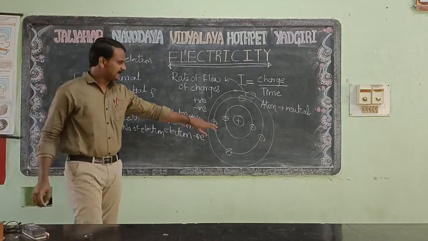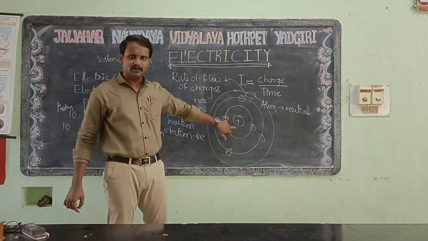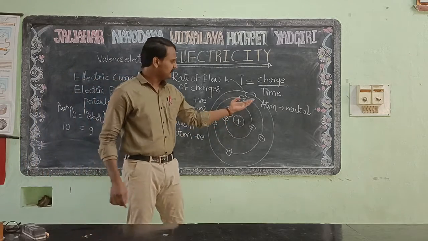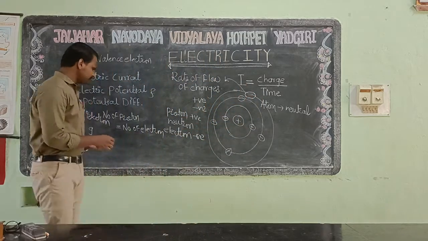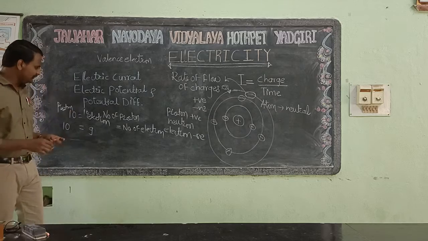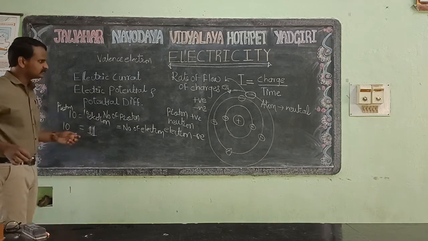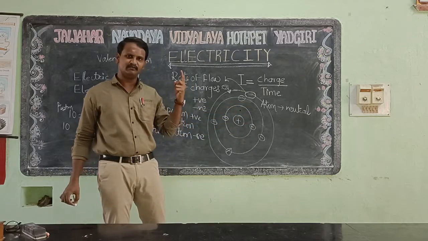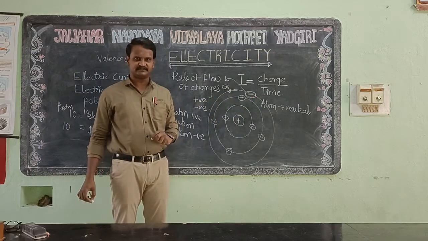So this atom acquires a positive charge, because the dominating charge is the proton, which is positive. In the same way, if an electron is acquired by the atom, another electron comes from another atom and enters this orbit. Now the number of protons will be less and the number of electrons will be more. So this is called negatively charged. The atom is negatively charged because it acquired one extra electron, greater than the protons. So this atom is having some charges.